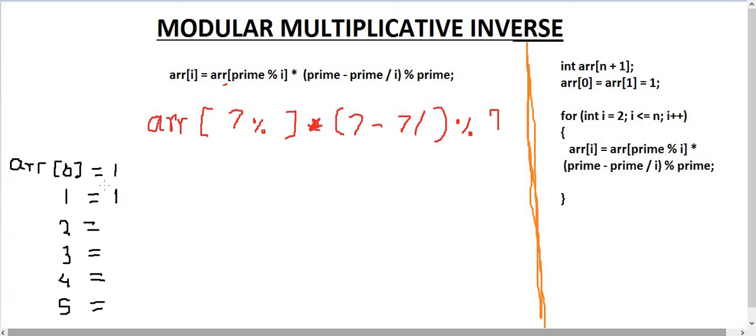We'll continue with the previous example, 5 mod 7.